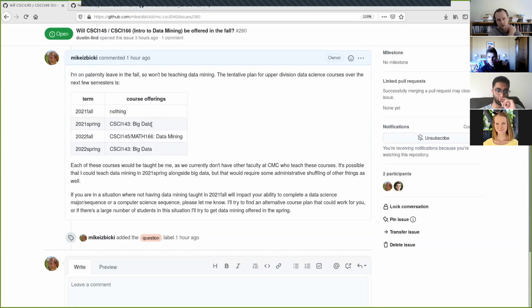Before coronavirus, there were plans to have another hire who would also be teaching these classes, but coronavirus put that on hold. And so even though the goal is that in fall we'll be back to in-person classes and a normal class schedule, coronavirus will still have some repercussions that way.